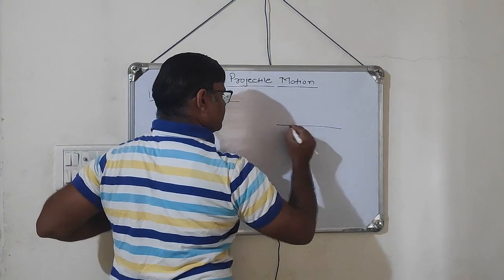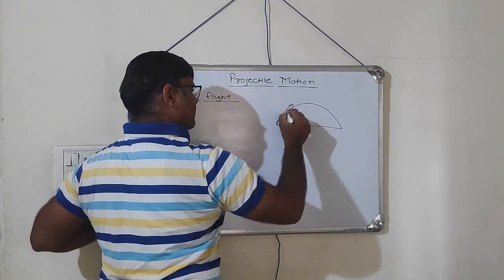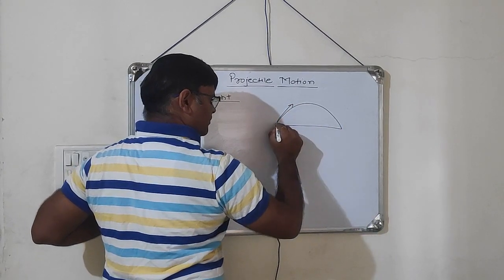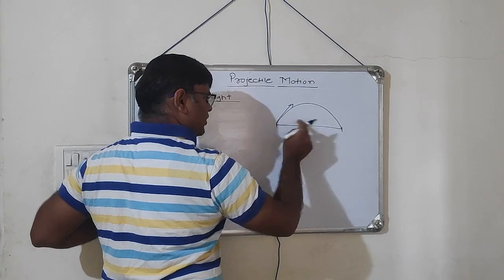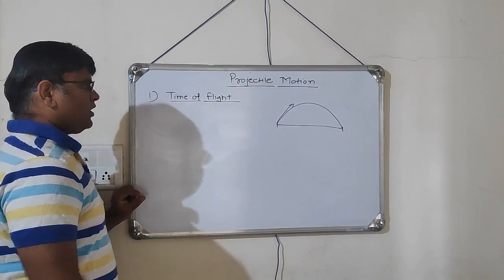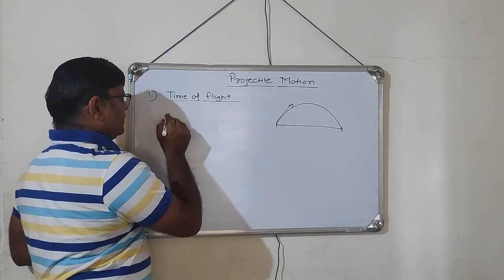So this is your point of projection, this is your point of strike. The total time taken from this point to this point is your time of flight. So how will you solve this? We'll consider the vertical component of the velocity, that is